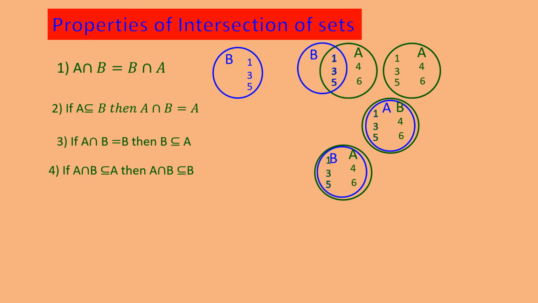Got it? Now the fourth one, you can imagine A intersection B is a subset of A, and A intersection B is a subset of B. Just like above, you can have your own example and it will come out. Here A intersection A complement will become the null set, and then A intersection A will become A.